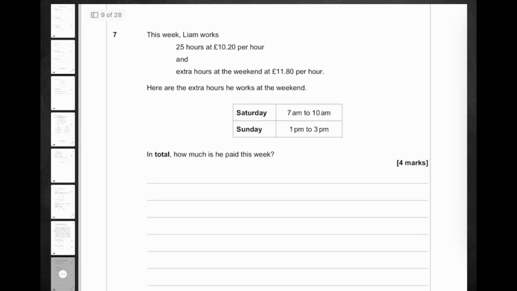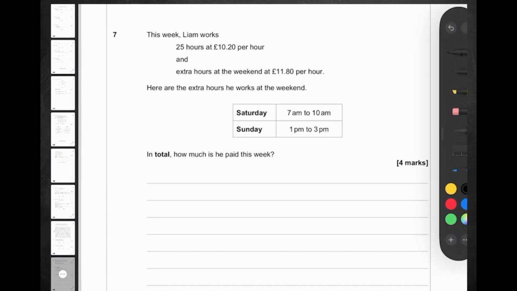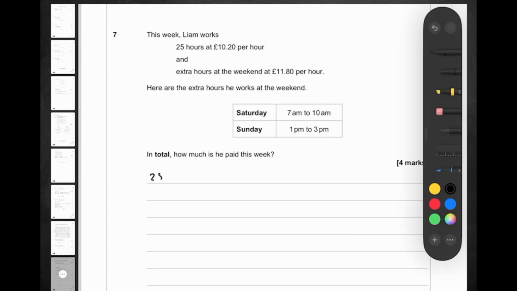Question number 7. This week, Liam works 25 hours at £10.20 per hour and extra hours at the weekend at £11.80 per hour. Here are the extra hours he works at the weekend. In total, how much is he paid this week? So we're going to start by saying 25 times £10.20 is his normal hours, which I'll do on my calculator. £255